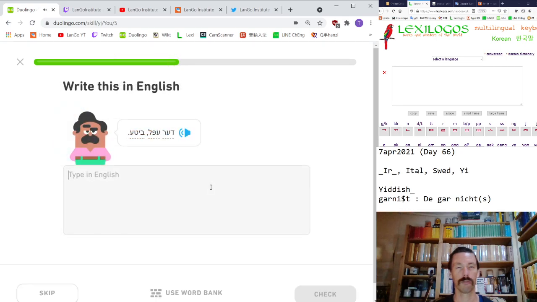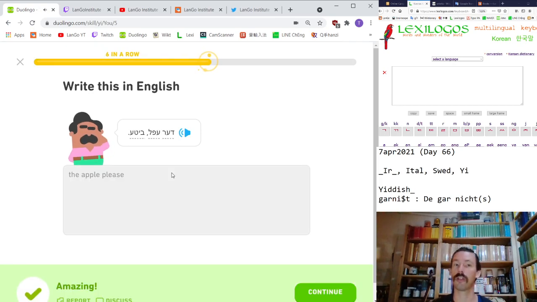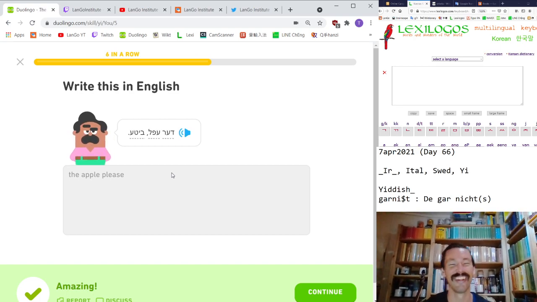Der Apfel, bitte. The apple, bitte. Okay, this catches my ear. Because in German, if you were asking for a thing, you'd use the accusative. This sounds like you'd be saying you wanted the apple to perform an action or something. The Apfel bitte. Even there, you could also get an accusative. So German would say den Apfel bitte if you were asking it to be given to you.